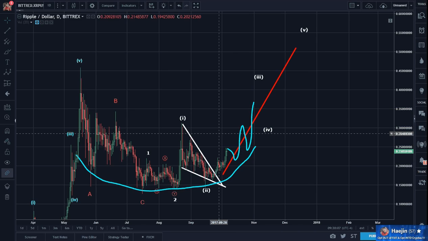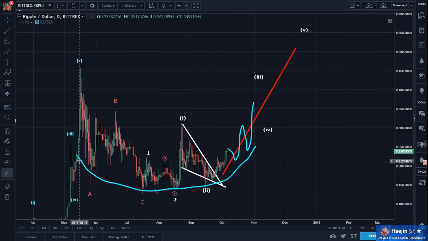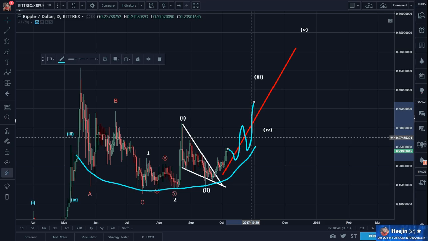Now, the key here is once you know your analysis and have confidence in your analysis and have the experience in getting that gut feeling, which is a big part of trading, you don't panic. You don't go from euphoria to panic, euphoria to panic, euphoria to panic. You don't allow your emotions to go like that, like a pinball. That's not a good situation to be in, mentally and emotionally. So you stay the course.